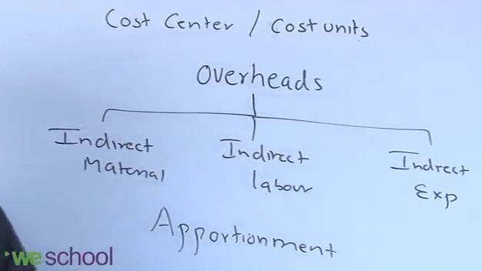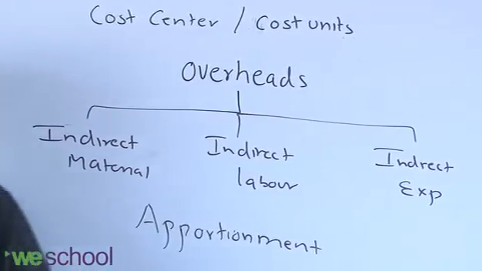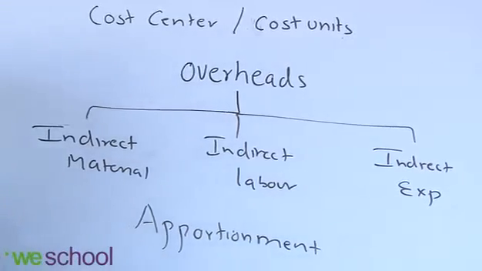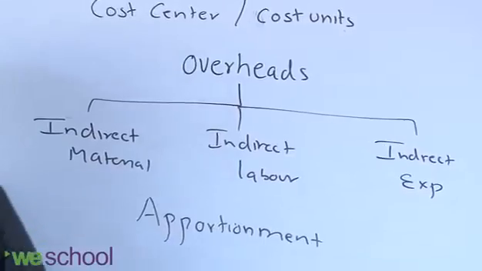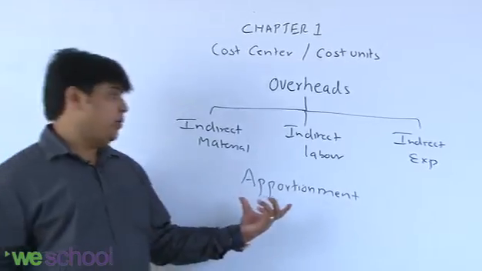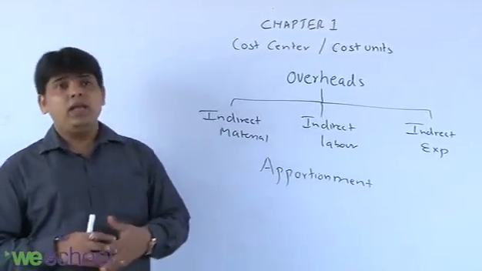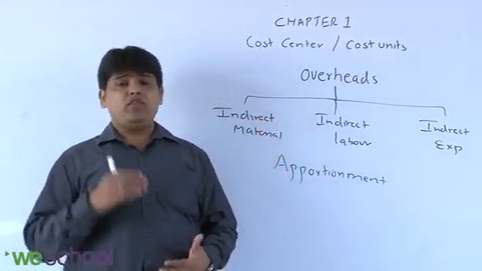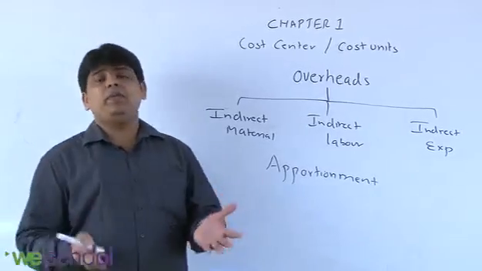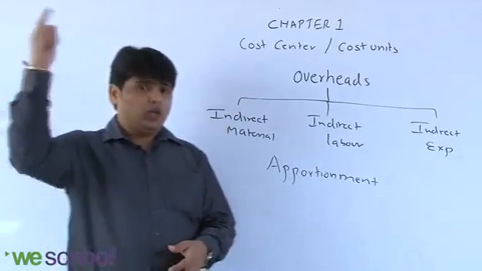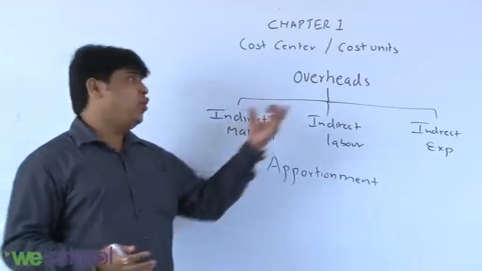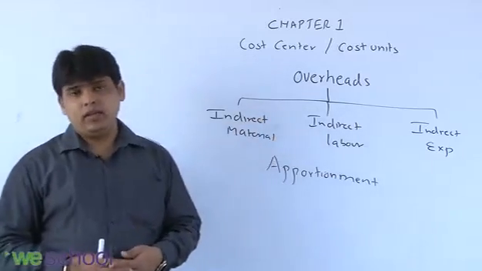Now for distribution of overheads, they can be classified on the basis of function, maybe factory overheads, admin overheads, or distribution overheads, or they can be classified on the basis of behavior, fixed and variable. If they are variable, they are directly charged to the product. If they are fixed, they need to be apportioned. Means there are some expenses. For example, if my whole operation, whether it is the factory cost center, production cost center, or selling and distribution cost center, means departments, are under one factory roof, now the rent of the whole building is an overhead. It is treated as overhead.